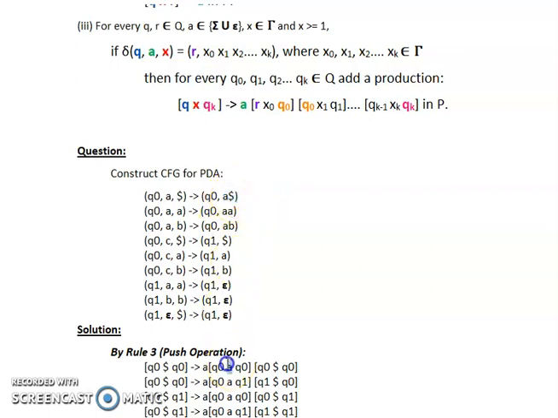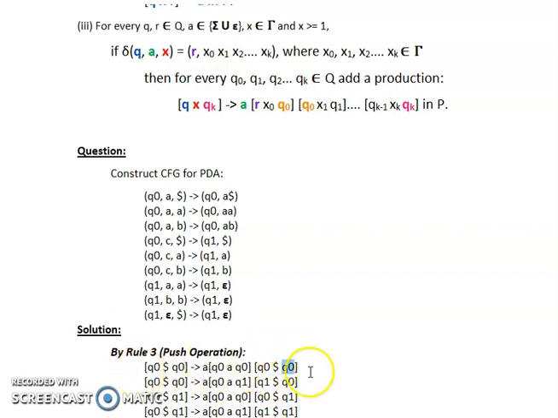So we need to write A over here and dollar over here. So we will be having two productions in which there is Q0 and Q0 comma, then A over here and dollar over here. Now next thing is QK has to be QK over here. So that means the symbol which is present over here has to be the last symbol of the production. So even in our case, it is Q0. So the last symbol of the production will be Q0.